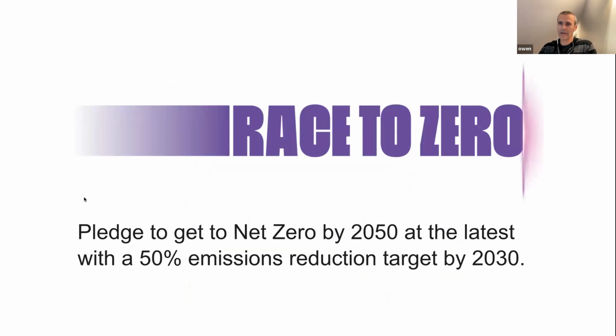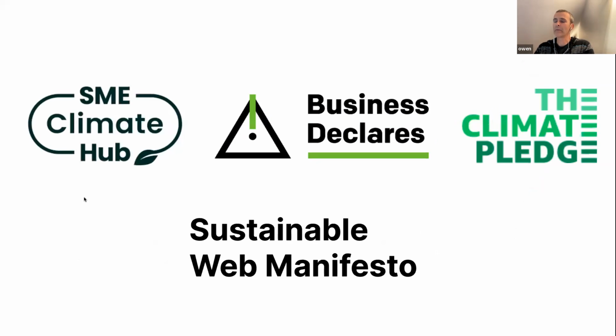If you are interested in becoming net zero and you want to be able to join a global movement of other organizations that are also getting to net zero, the United Nations Climate Secretariat is running a campaign called the Race to Zero, which is organizations that have pledged to get to net zero by 2050 at the latest, with a more significant emissions reduction target by 2030. I mean, obviously, we want to be able to reduce emissions as quickly and as early as possible. Now, for Race to Zero, you don't sign up directly. You need to go through third-party partners.